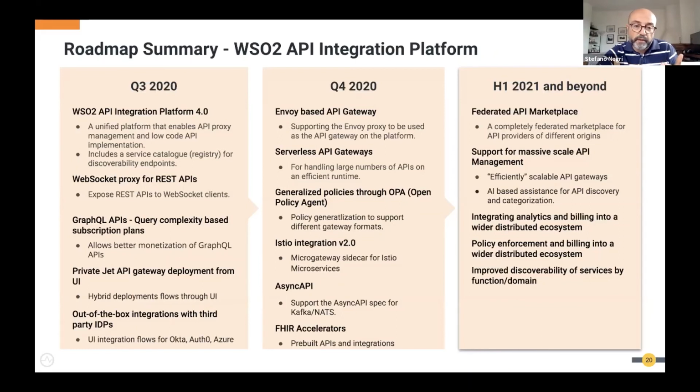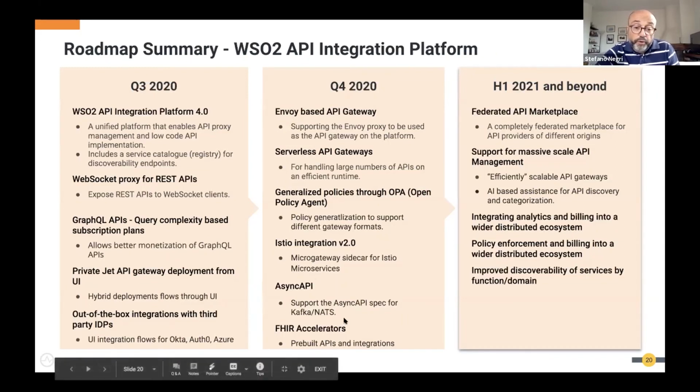So we'll create a new integration for Istio, and this aspect of having our management and control plane potentially used by other gateways, not only ours, will be reinforced when we add support for Open Policy Agent. So we support Open Policy Agent for creating standard and general purpose policies.